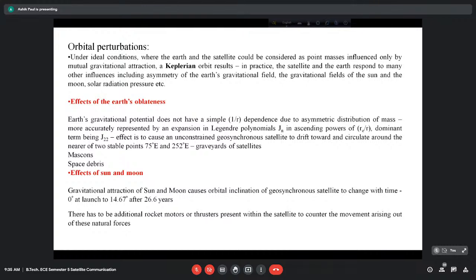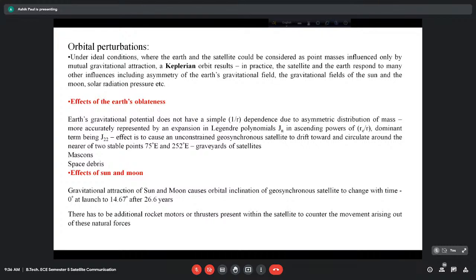So the stable points are, as the name suggests, relevant when an unconstrained geosynchronous satellite, that means a satellite whose energy resources have nearly ended and you cannot control its movement using ground control commands anymore. For that kind of unconstrained geosynchronous satellite, what happens is that either of these two stable points